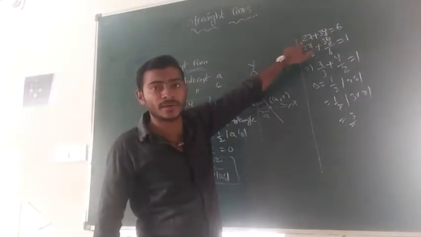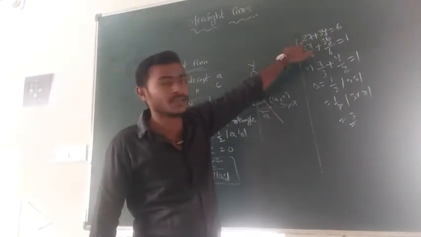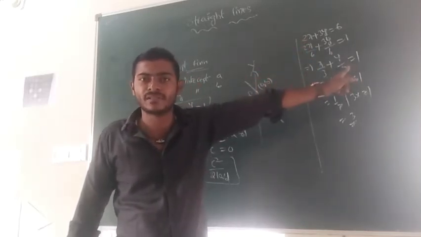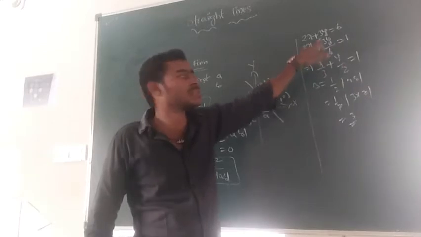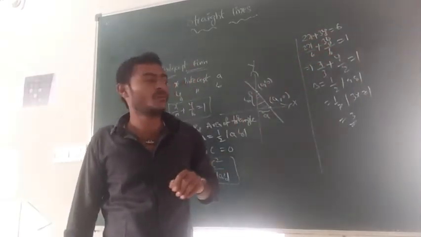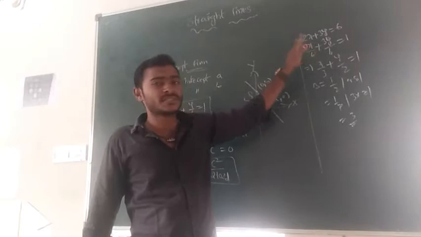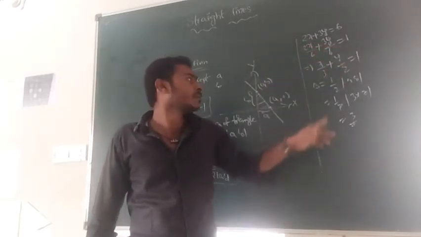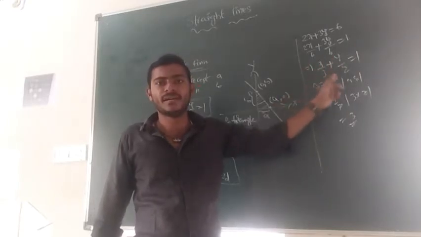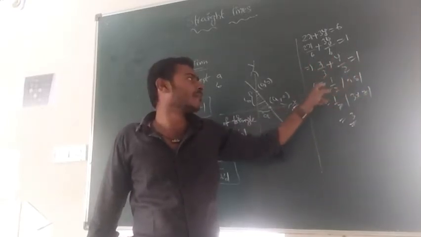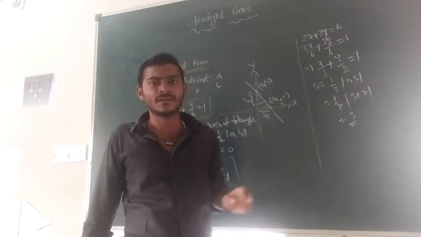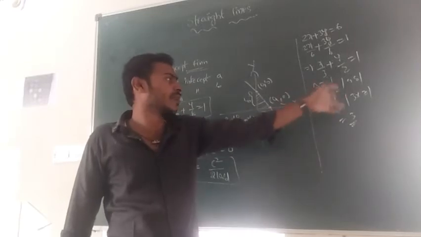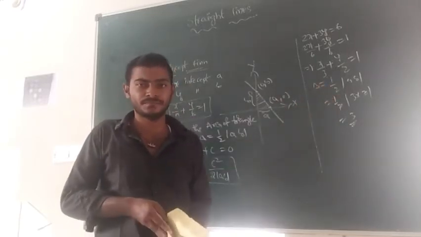Now I am taking one straight line 2x plus 3y is equal to 6. To convert into intercept form, divide both sides by 6. So we get 2x by 6 and 3y by 6 is equal to 1. In 2 tables, 6 is 3 times, so that is x by 3 plus y by 2 equal to 1. Clearly x-intercept 3 and y-intercept 2. Now, the formula for the area of the triangle is 1 by 2 into mod AB, so that is 1 by 2 into 3 into 2. 2 cancels, we get the area of the triangle as 3.